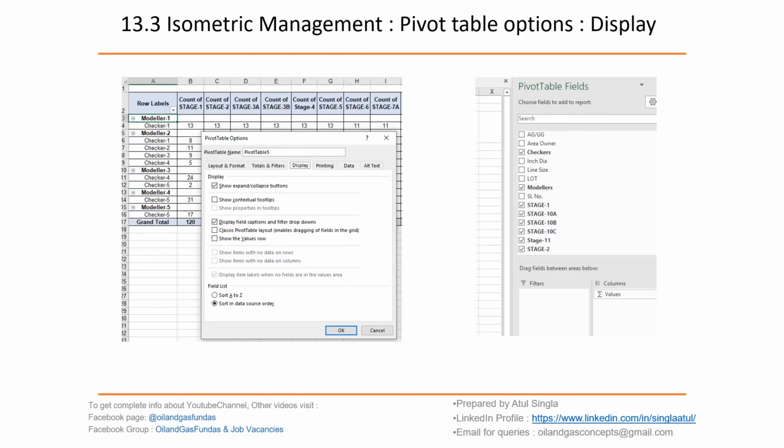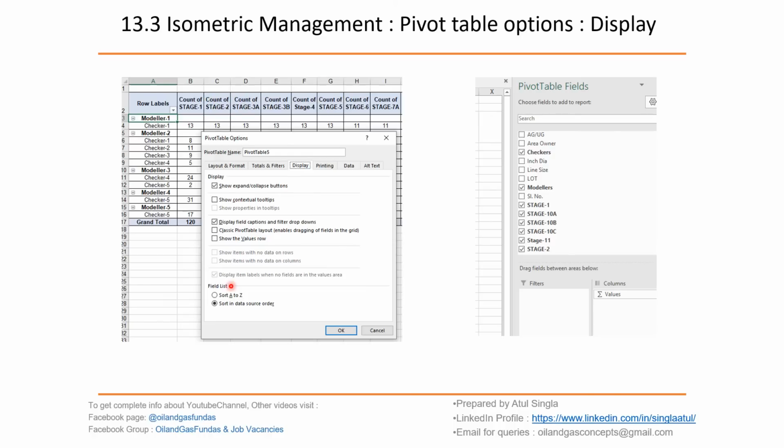If you click this, then you can directly drag options from here to this field, here to that field. So this is just to drag. Then display field captions and filter drop downs. Here if you see the row labels and the count of stages, these few things will change if we click or unclick these two options.